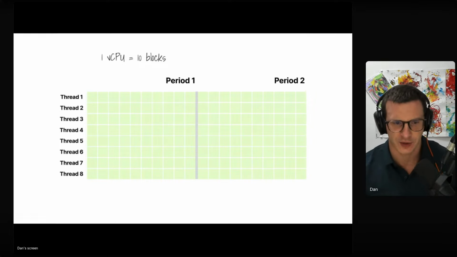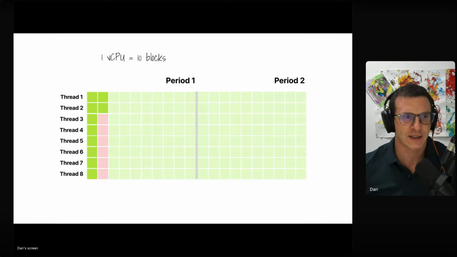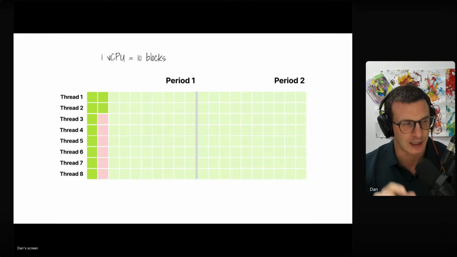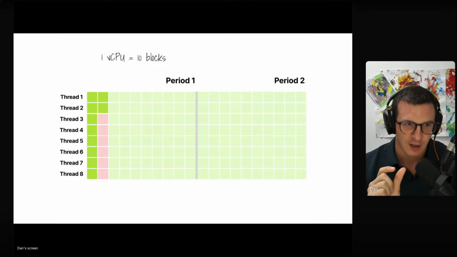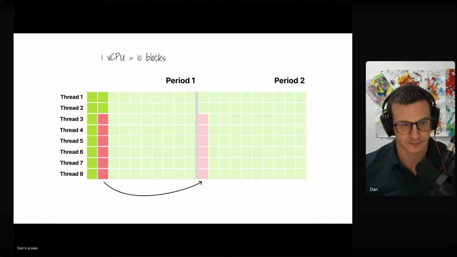But if you thought that this was complicated, wait until you realize what happens when you use threads. Because when you use threads, you basically have the same limit, but you're just sharing it with all the threads inside the application. That basically means that I've got 8 threads here, and each block is like a 0.1 CPU, so like 100 millicores. And if all of these threads want to use 200 millicores, then some of them will need to be stopped and will need to process their unit of work in the next period, right?